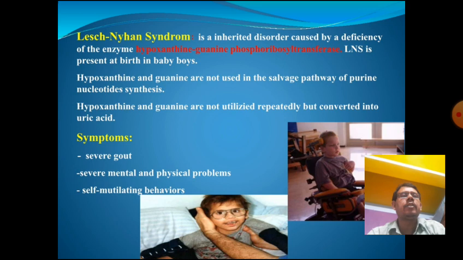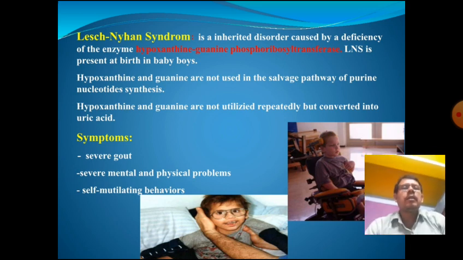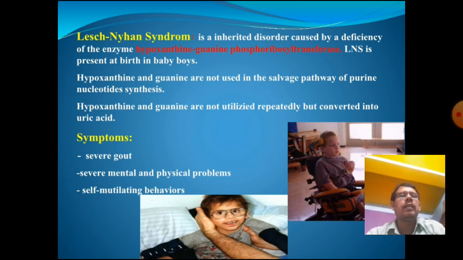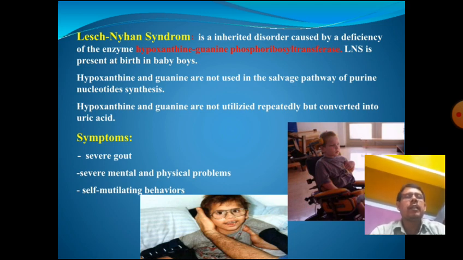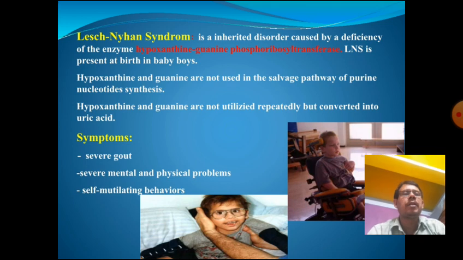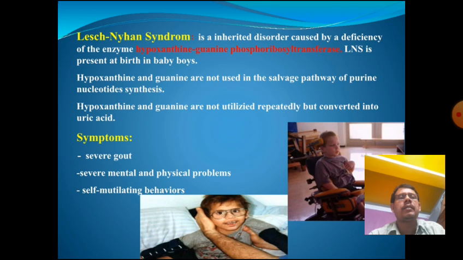Lesch-Nyhan syndrome is an inherited disorder caused by the deficiency of the enzyme hypoxanthine-guanine phosphoribosyltransferase. It is present from birth in the baby. Basically, it is seen in about one per lakh children, generally in children. Hypoxanthine and guanine are not used in the salvage pathway of purine nucleotides, and hypoxanthine and guanine are not reused but are converted into uric acid. So the symptoms of Lesch-Nyhan syndrome are severe gout in children, severe mental and physical problems, and